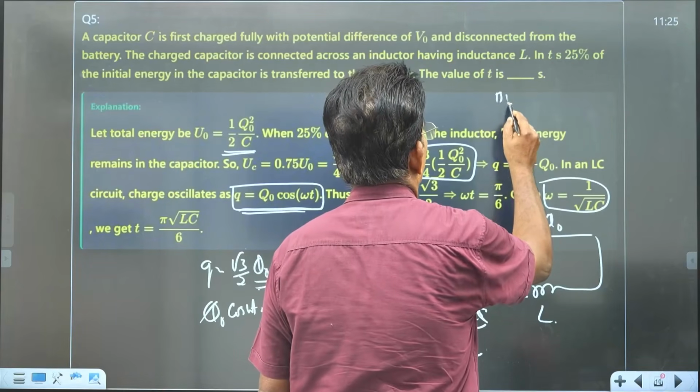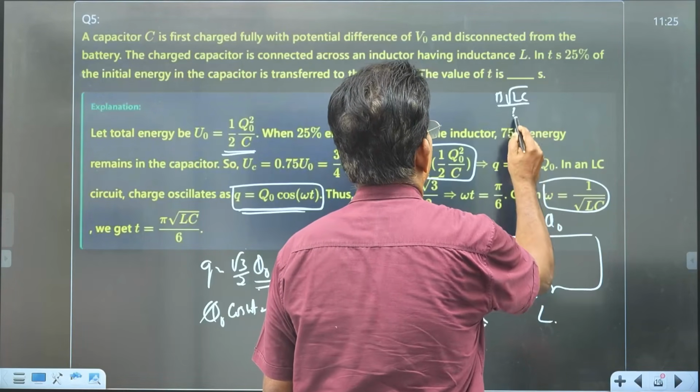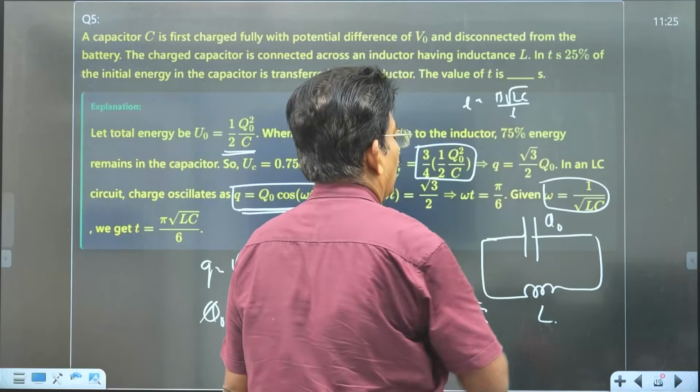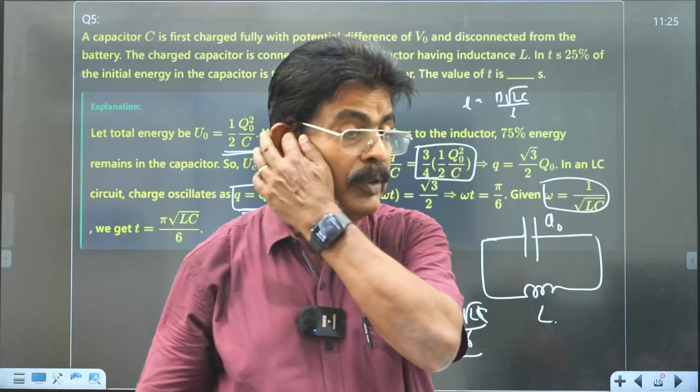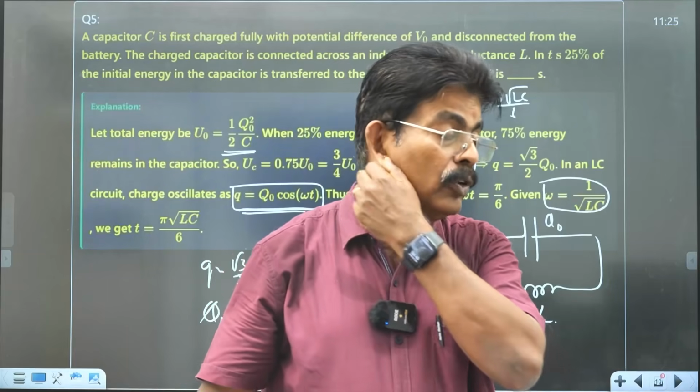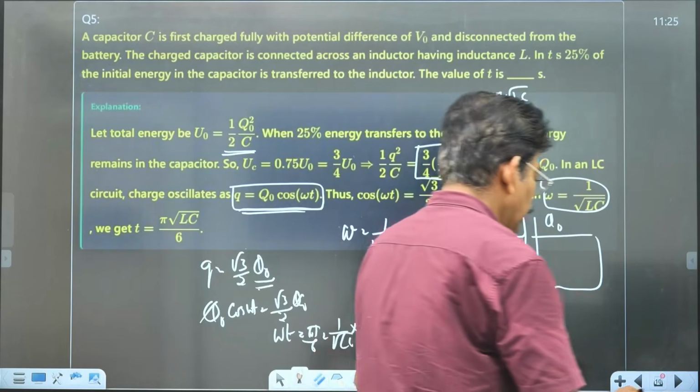Pi into root LC by 6. After this much time, 1/4 of the energy stored in the capacitor will be lost, or 3/4 will be remaining. Okay. Now we go to the questions from